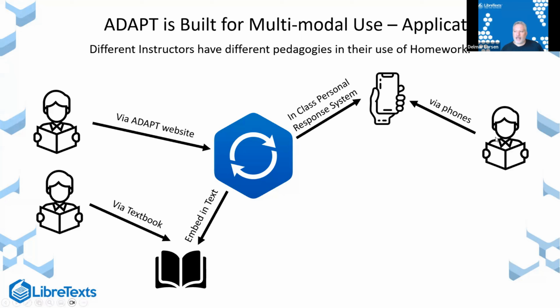This also provides a mechanism to take the place of an in-class polling system. In other words, if you have your students pay for iClickers, you can use ADAPT to take the place of that and do in-class polling and have all the benefits that you expect from that, but in this case coupled to the ADAPT homework system all at once. For some odd reason, I think it's more economics, the cost for iClicker is about the same as our homework system, but the technology behind iClicker is significantly lower than for any homework infrastructure.